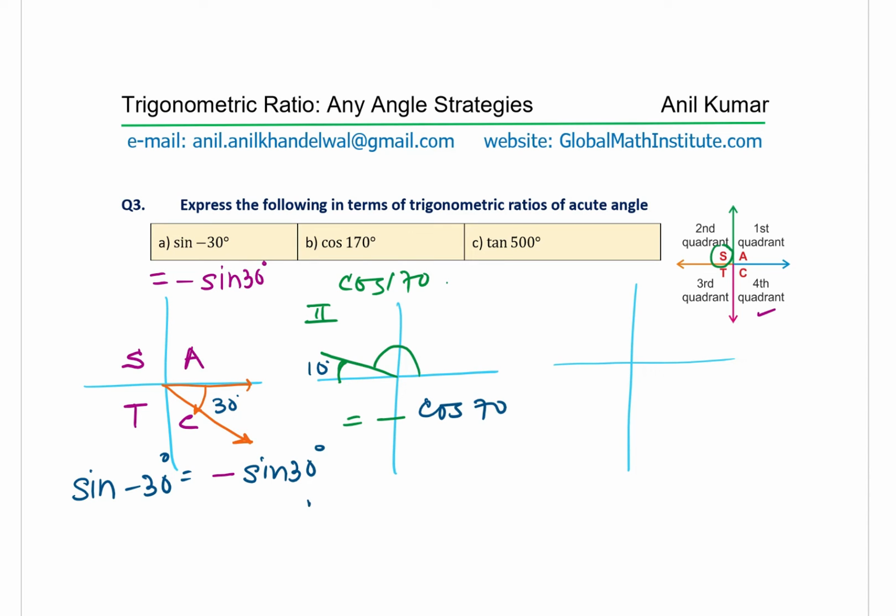So you could write here that cos of 170 degrees,